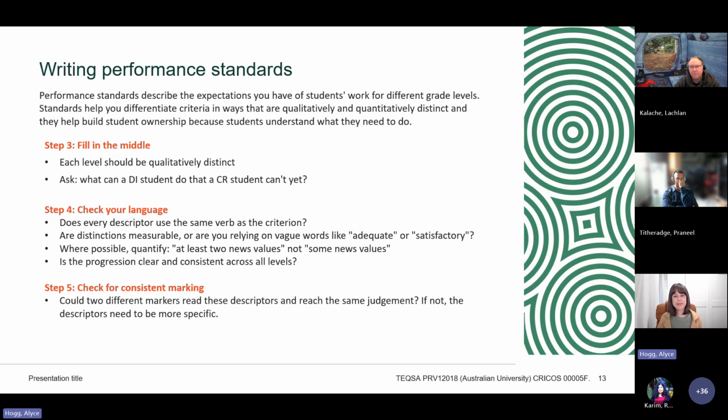Step 5 is we check for consistent marking. So could 2 different markers read these descriptors and reach the same judgment? For supervised assessment, this is really important because, as markers, we're often applying the rubric in real time. It's much more difficult to go back and reread a conversation the way that we can reread an essay. Of course, recordings will be available for many of our supervised tasks, but it's not ideal